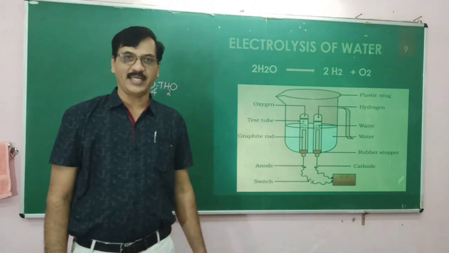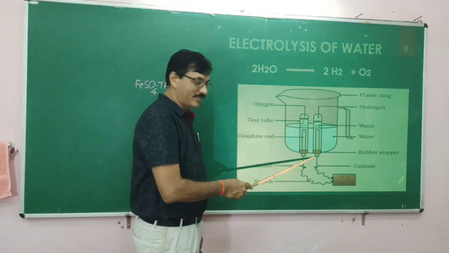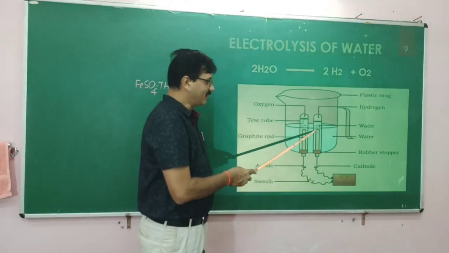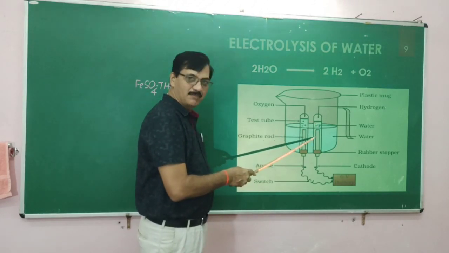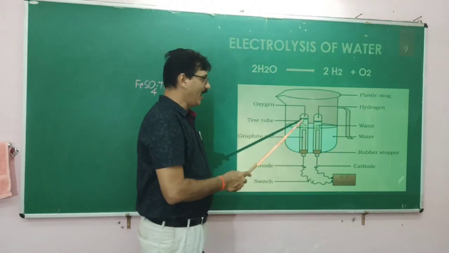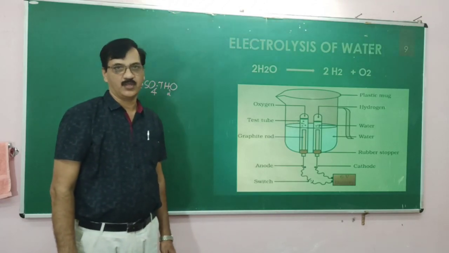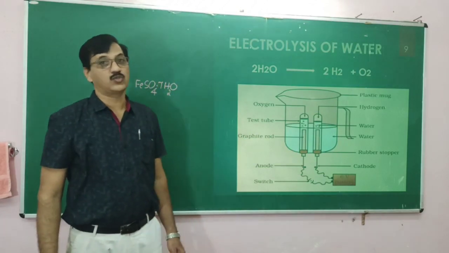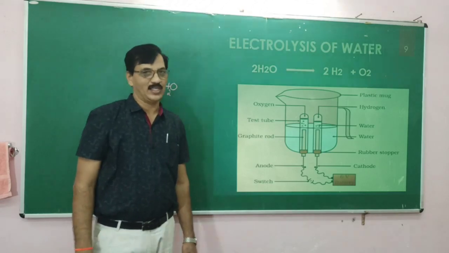So in water actually there is hydrogen ion and hydroxyl ion. Hydrogen ion being a cation moves towards the cathode. Therefore this is the cathode. This cathode has negative polarity, so it should be connected to the negative terminal. To this cathode, H+ ions, the cations, will come, and H2 gas is liberated, and oxygen is collected at the anode. So remember, the ratio of the gases oxygen and hydrogen obtained is 1:2.